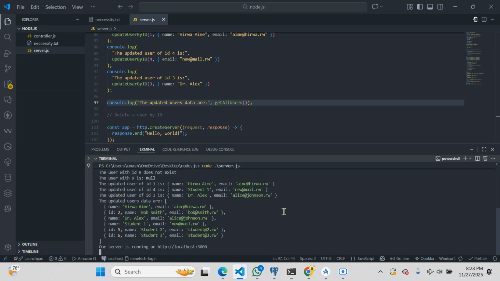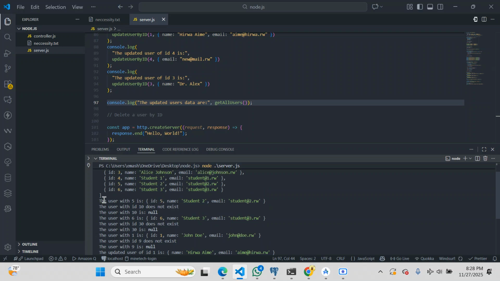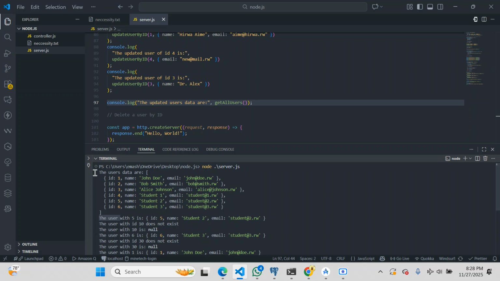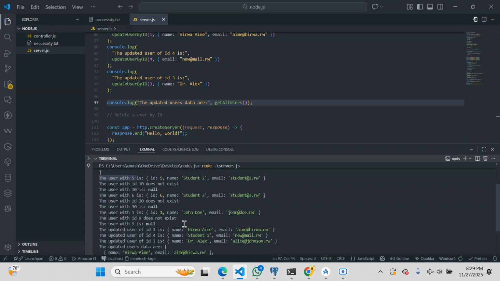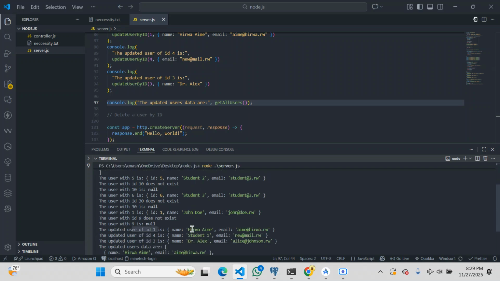So do this one. So here you can see hano handi twari turabanza tukareba the users dufite. Aba ni ba users bose uko ari batandatu, hari batatu dufite, hari n'abandi batatu turi kugenda twadingamo. So then dufite the user with ID afite this data. This user nawe ntago ahari. So dukomeze noneho tugeze aho tugiye ku updating. Dufite umuyuza ID1 yari afite izina yitwa John Doe and email ni johndoe.rw, then we assign the name yitwa Hirwa